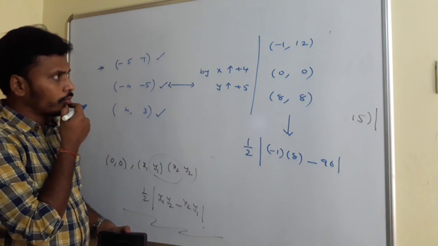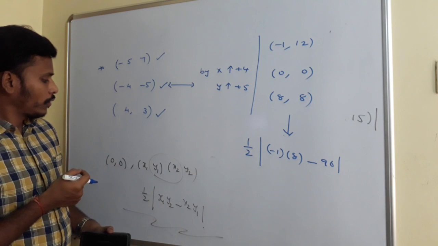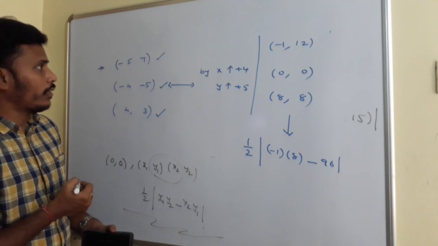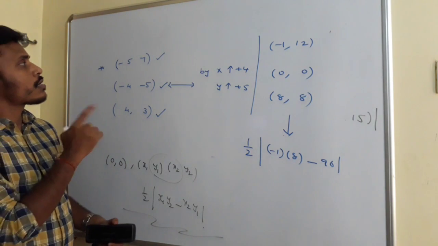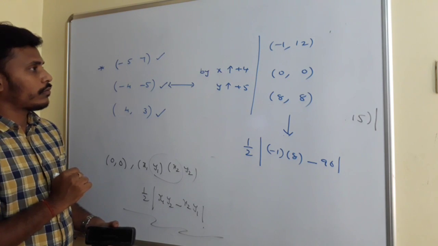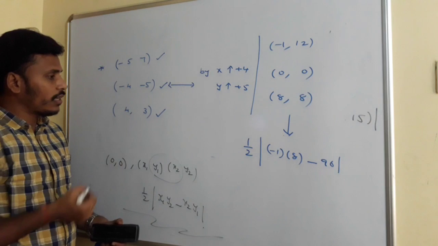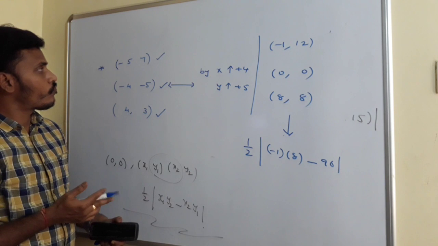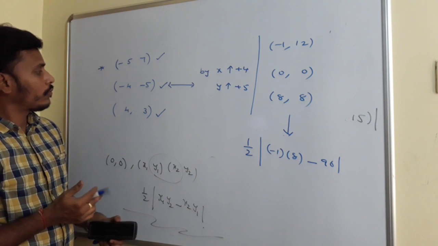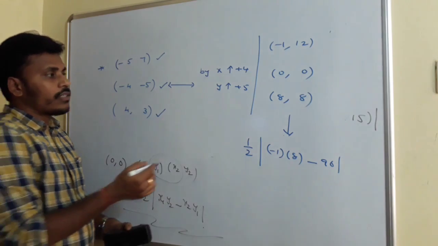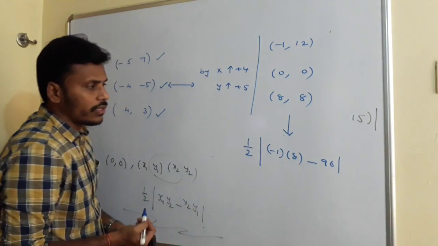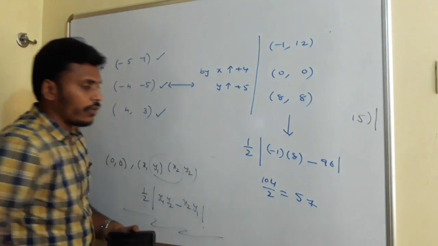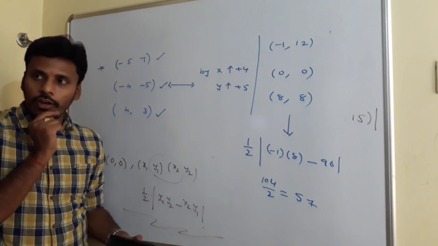Previously, what was your answer? We need to get the same answer, right? x1 by 2. 4 plus 4 is 8. 5 plus 3 is also 8. 5 is 12. Did we make any mistake in finding that area? 12 8s is 96, right? So minus 96 minus 8, what is it? Minus 104. That means 104 by 2. 104 by 2 is 52 actually. But previously we got it as 47, right?